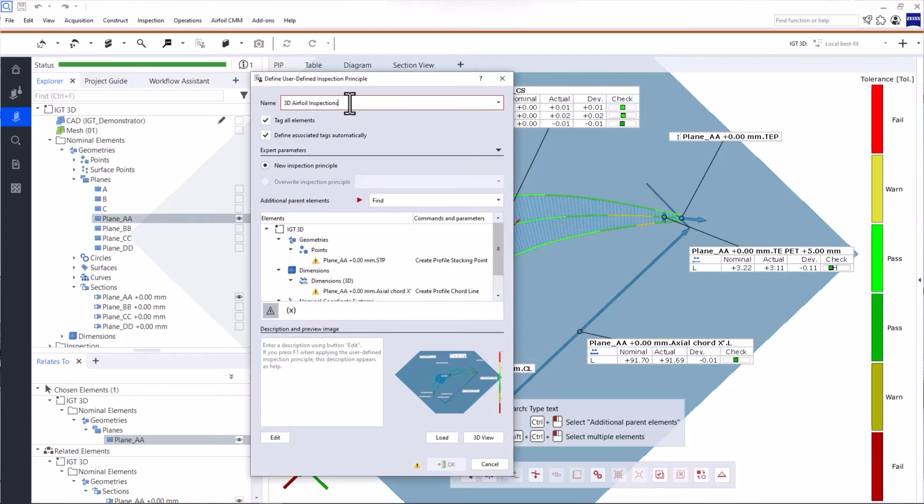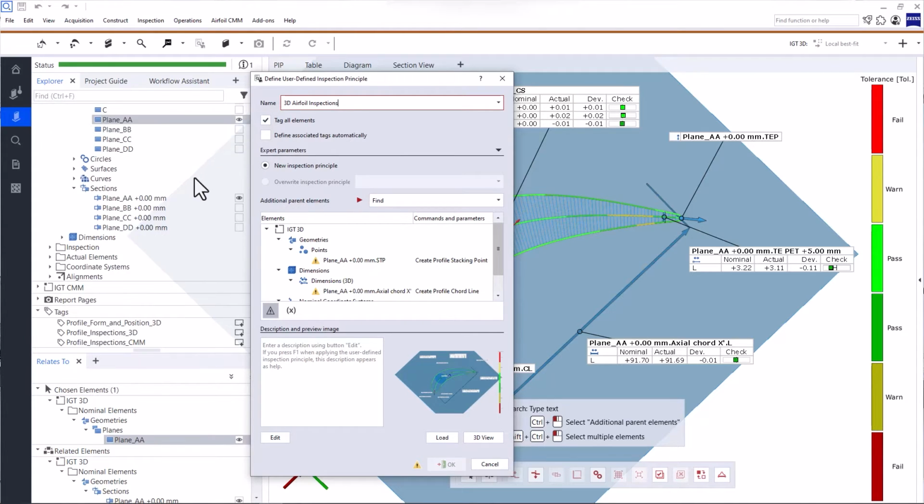Enter a name. Then you have two options: tag all elements and define associated tags automatically. When you activate tag all elements, the software automatically puts all the nominal, actual, and inspection elements that depend on the parent element, in this case plane AA, in one tag.